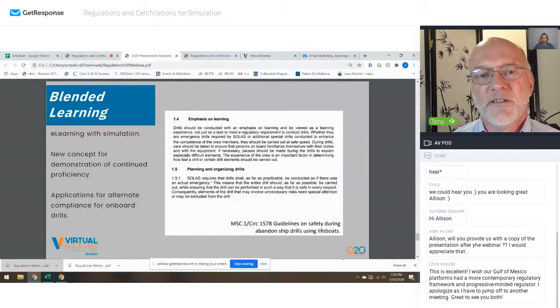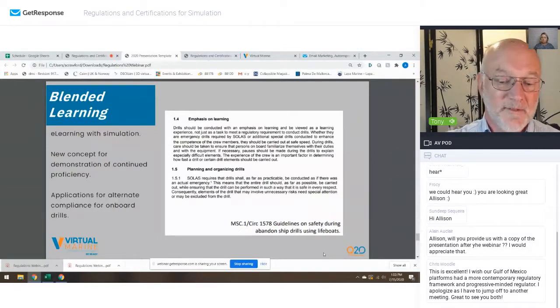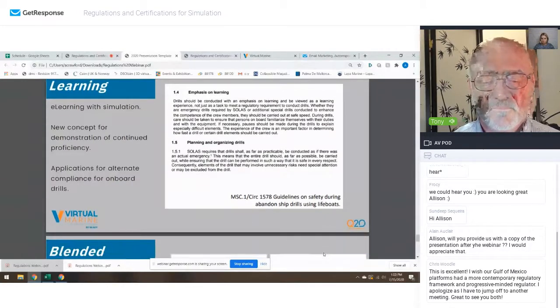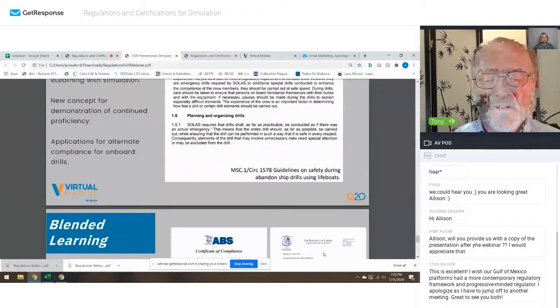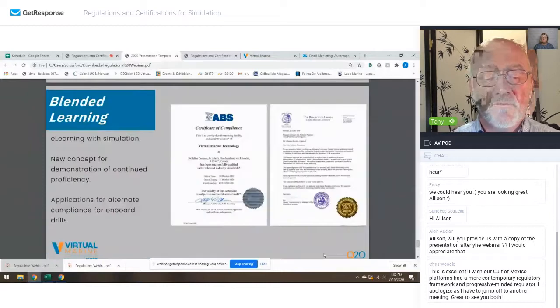And we're starting to see, in the past months, that the shipping side is adopting what has been done in the offshore side for the past 3 or 4 years, adopting these VR e-learning programs as an additional special drill to be done on board, so that they can maintain their competence and take the risk out of it. And the question is, how far can you go? Well, actually, you can go quite far.